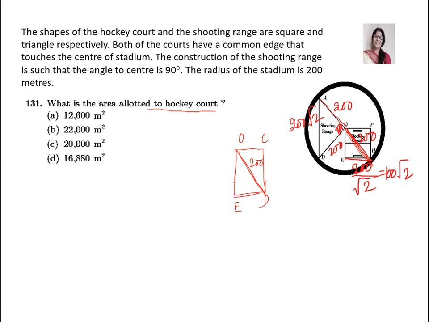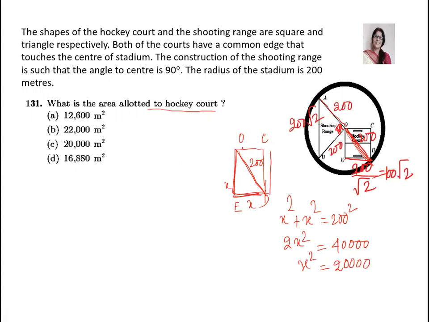You have to get the side of the square. Side of the square is very easy to calculate. If I take it as x, then x square plus x square is equal to 200 square, applying the Pythagoras theorem. So 2x square is equal to 40,000. So x square will be 20,000. So I have taken x. What is the area of this square? It will be side square. So x square is 20,000. So area will be